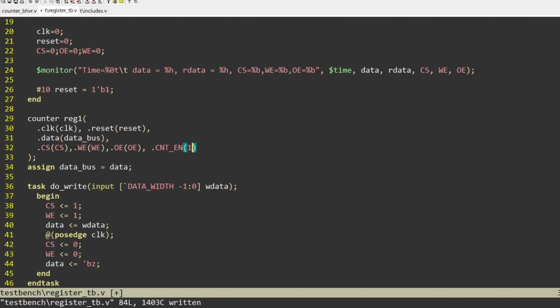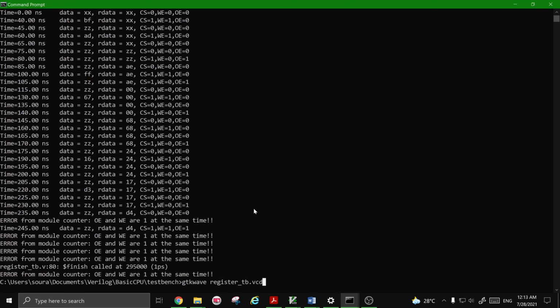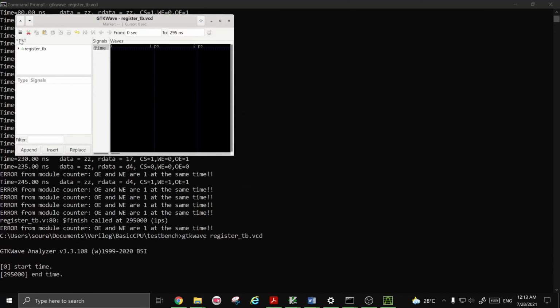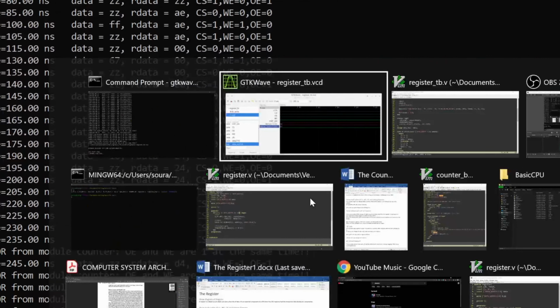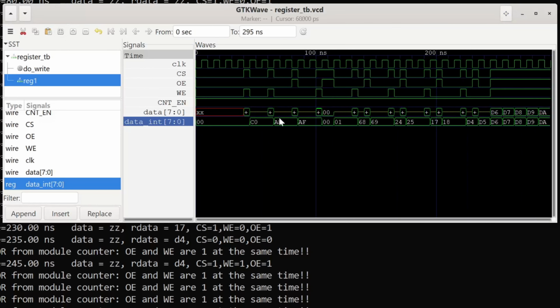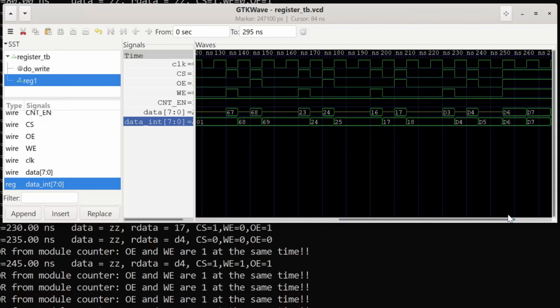Now if I set count n as 1, I should see it incrementing. And here we go. I wrote AD but I'm reading AE. 23 became 24, 16 became 17 and so on.